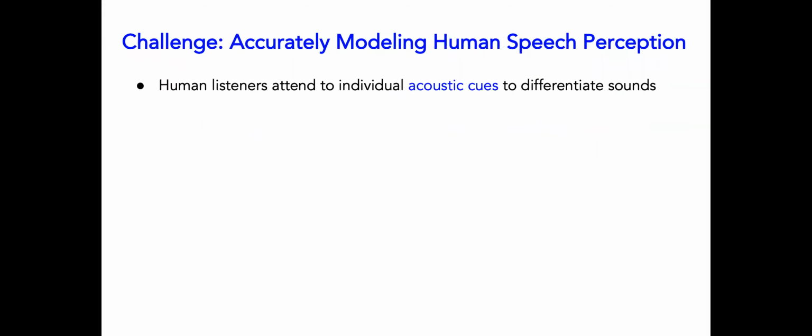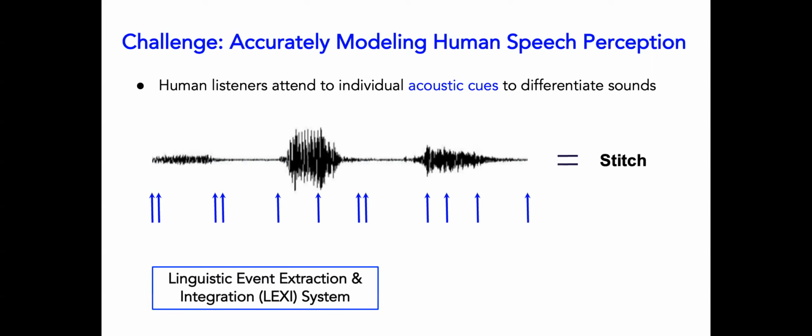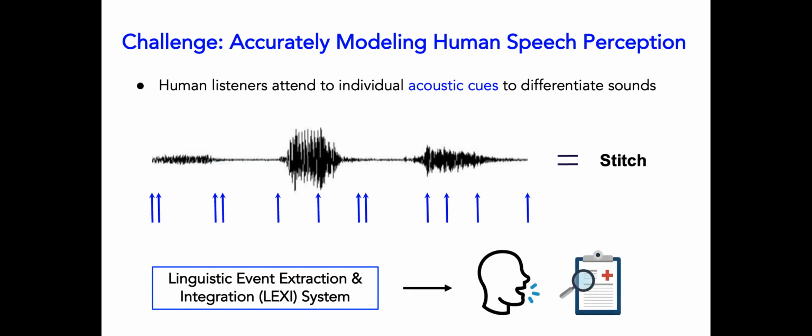Decades of research in the linguistic, acoustic, and cognitive sciences indicate that humans rely on acoustic cues to differentiate between sounds and words. Our brains interpret a variety of frequency events as acoustic cues, which map to linguistic features. My lab is interested in acoustic cue detection to not only experimentally model human speech perception, but also build a precision tool for the diagnosis of speech impairments.